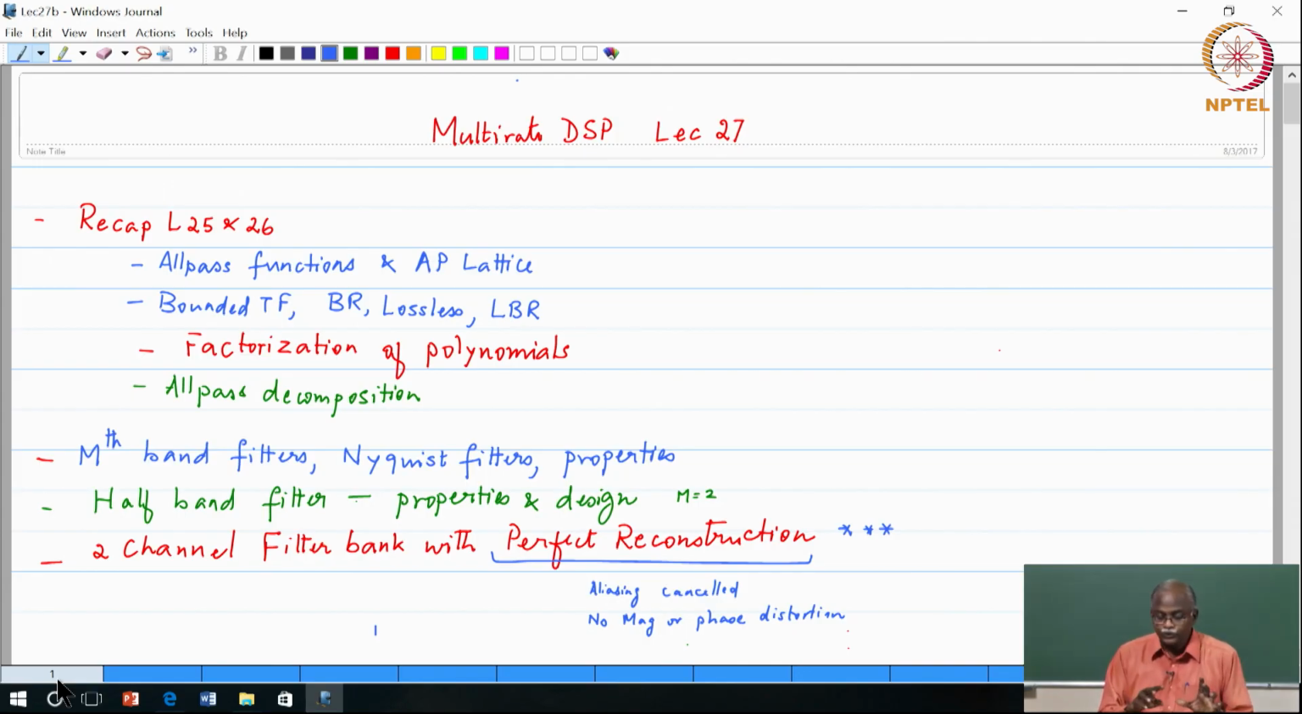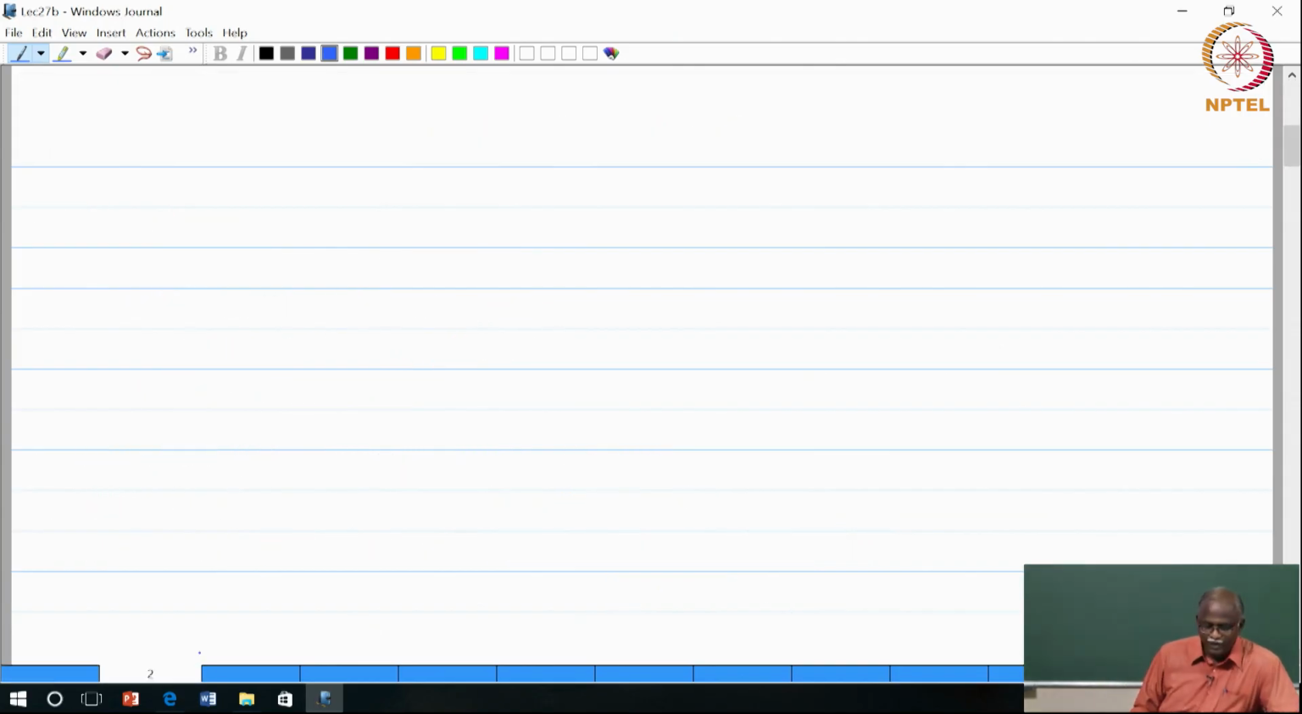Then also the all pass decomposition theorem, and somewhere along the line we talked about M band filters, Mth band filters, what are their properties. We also talked about half band filter, and then we said that these pieces together will help us reach perfect reconstruction, which we did not reach yesterday, we will reach today. Okay, so by way of recap,